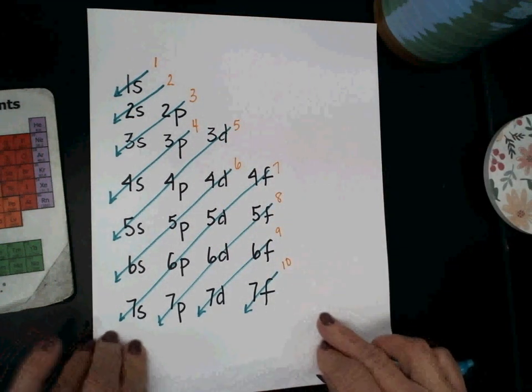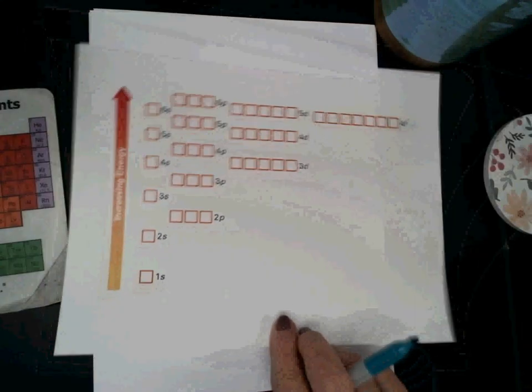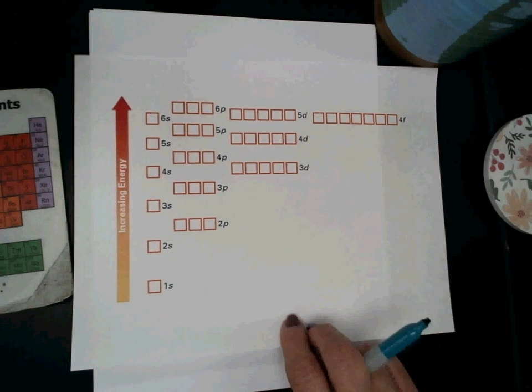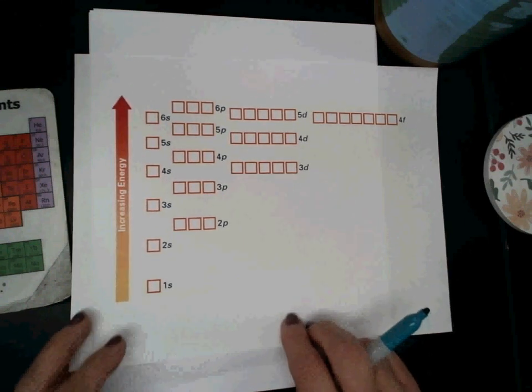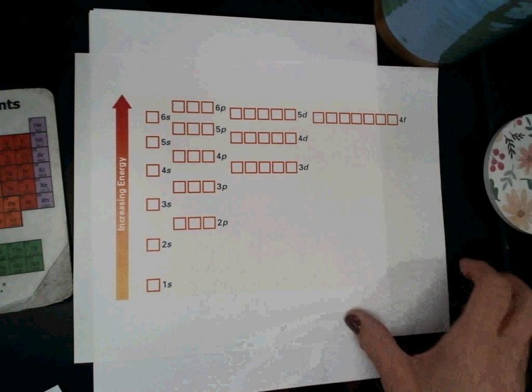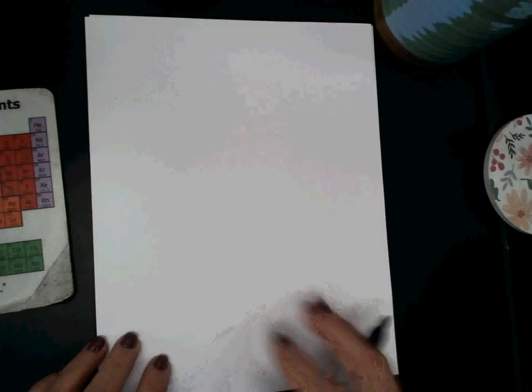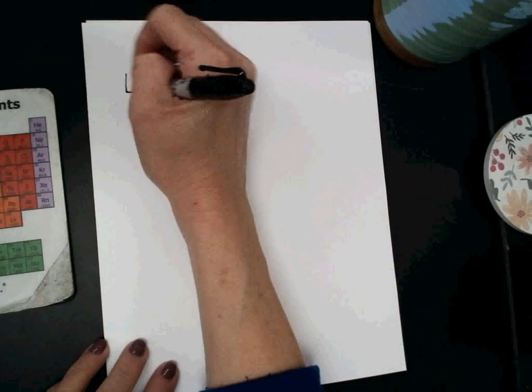So just keep that out on your desk, and then also pull this out so that you've got a bit of a map to follow. And then we're just going to put some examples in your notes today and stop and break into little groups and work on some. So let's write in here